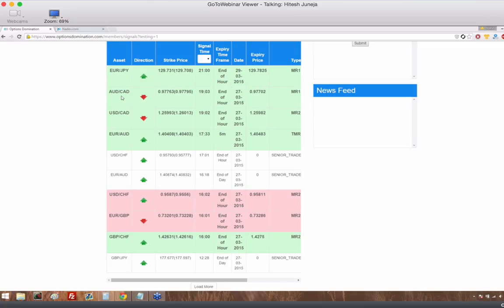But then these strategies make it so that you can be profitable even with a 30% win rate. And with our signals, you don't have to worry about it. You're already at 70% or something.